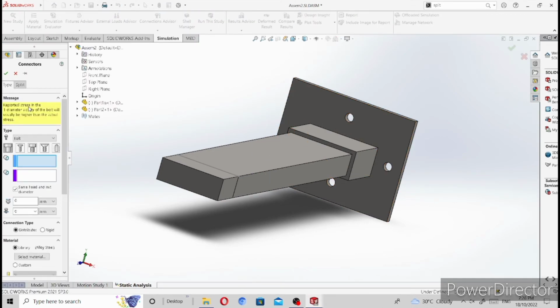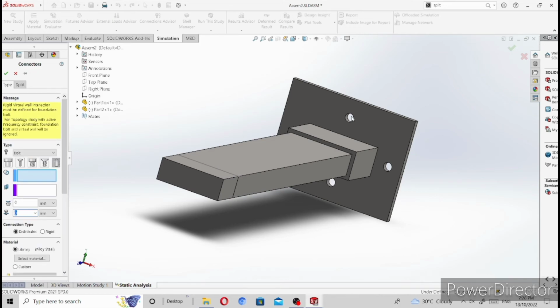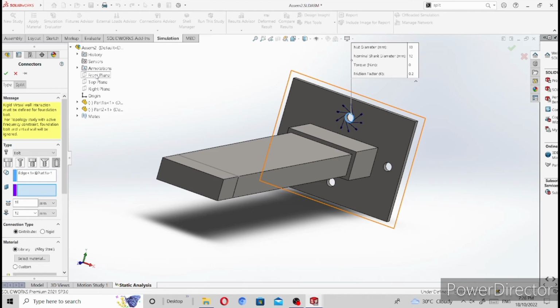In this case we are gonna select the foundation bolts, and we'll select this, the edge of one of the holes here, and for the plane we will just select the front plane, and then the connection type will change this to rigid,